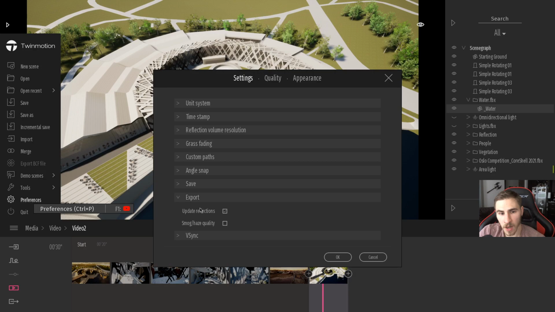So this is going to update the reflections on every single frame, so that they're matching the effects that you've applied to that particular clip all the time. And that is imperative. Otherwise, they're just sitting there reflecting something static as the video goes through. And if I hadn't checked this box, I wouldn't have had a reflection probe update as the video went on. It just wouldn't make sense. And then, of course, I would always just up the quality of your smog and haze. It just makes sense. Why would you not do that?